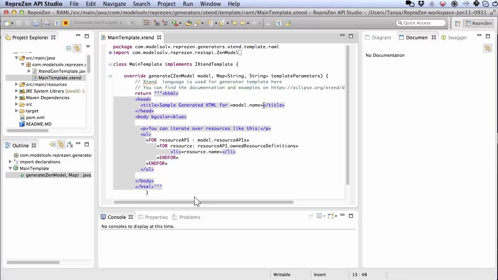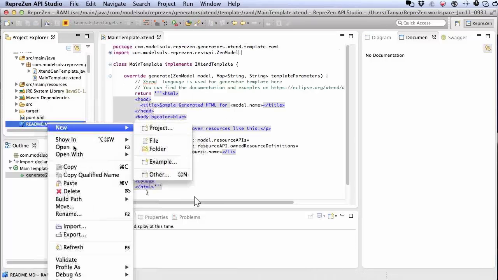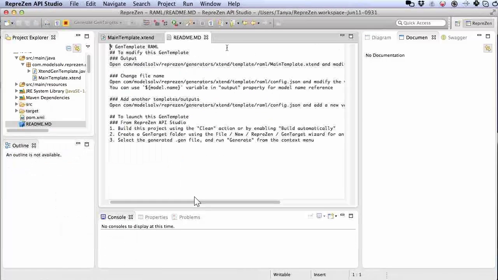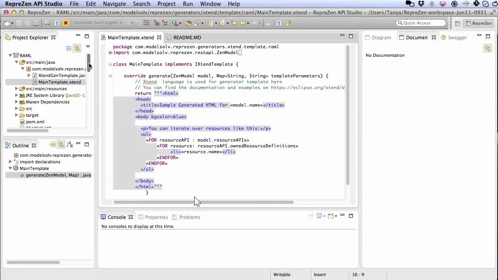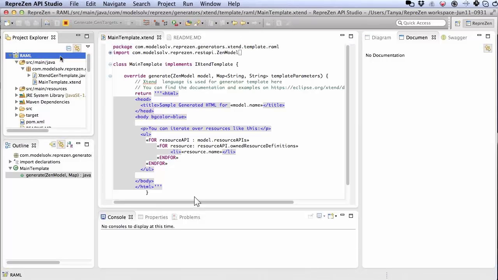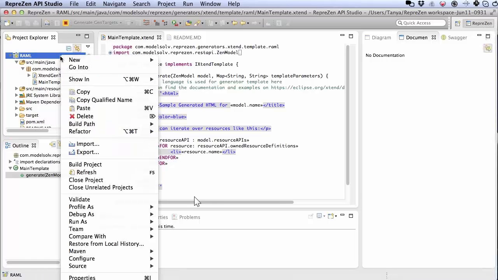Okay. So obviously this is a template that's going to generate a little bit of HTML. We want to change that template so it's RAML code, but we can pretend for the moment that it's generating RAML instead of HTML. We can introduce further modifications to this gen template, but for now, let's just try to use what we have just defined. To use it, it's very important: